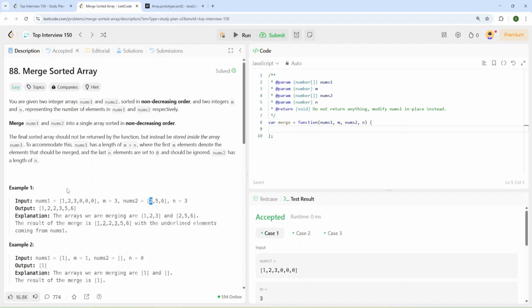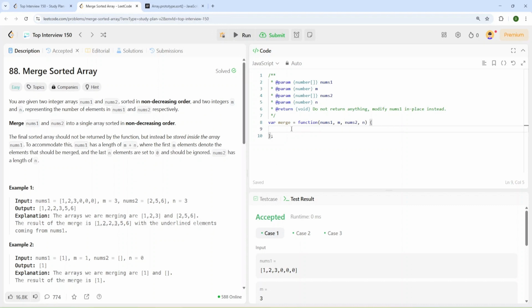Then compare 3 and 2, and this time I'll place 3 here, and move one step back, and then compare 2 and 2, and we'll move this 2 here, and as we don't have elements in the nums2 array, I will just stop the loop.